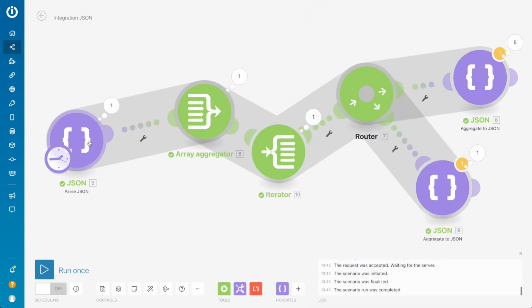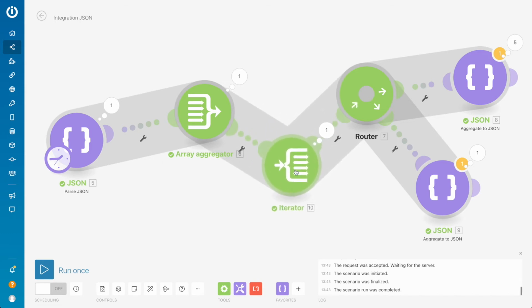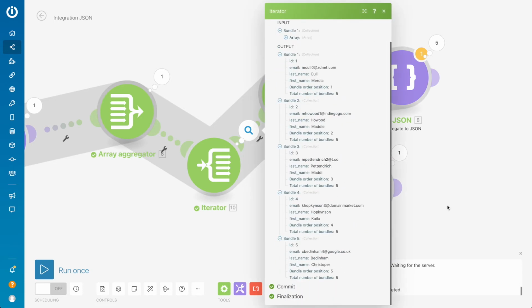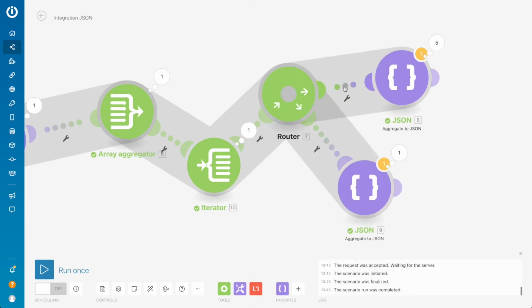So basically this is what we had here, but we don't usually have this JSON as a first thing here, and we can't really go through it like this. So that's why if we want to iterate through the array that we receive somehow, we need the iterator. So now iterator tells this router that has like five items, 5 bundles, and this router now should filter between